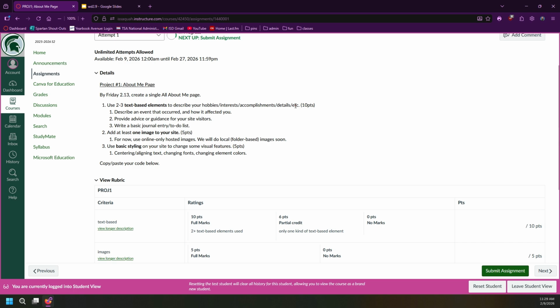like for other classes. The other way you could do this is on paper or in a PowerPoint or something similar in a tool you might be more familiar with. And I can show you later in the week how to connect that to your HTML project. But for now, I want you to understand step number 1 is to find 2 to 3 text-based elements to include, like describing an event that occurred to you, how it affected you, giving advice or guidance, or creating something like a basic journal entry or a basic to-do list are some variables of how you could use some